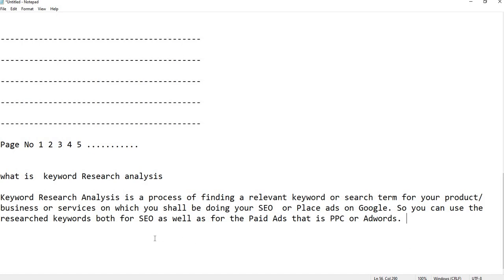Keyword research analysis is a process of finding a relevant keyword or search term for your product, business or service on which you shall be doing your SEO or placing ads on Google. You can use the researched keywords both for SEO and for paid ads, that is PPC or AdWords. I hope you understand.